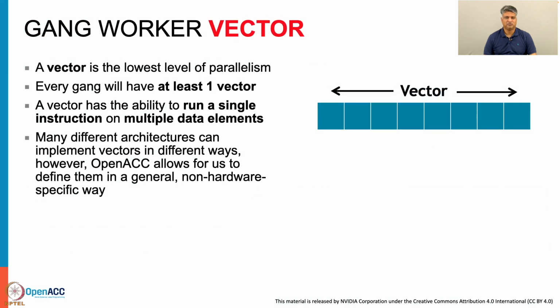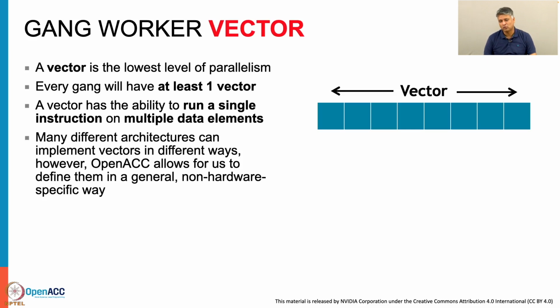A vector is the lowest level of parallelism. Every gang will at least have one vector. A vector has the ability to run a single instruction on multiple data elements. For example, when you expand out the loop, one vector will work on multiple data indices. Different architectures can implement vectors in different ways. But the beauty of using OpenACC is that it allows us to define them in a general, non-hardware-specific way,